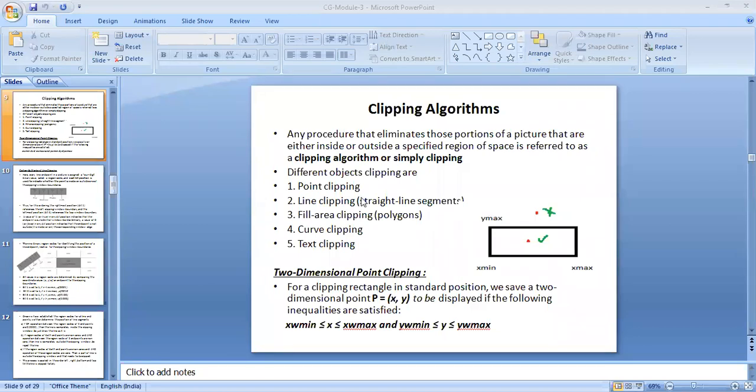Okay, so this is how I can clip a point. Clipping a point means I can delete a point. If that point is between x min and x max and y min and y max, so within my space, I can retain that point, or else I can remove it. The next thing is very important for us: the next two algorithms, line clipping and polygon clipping.